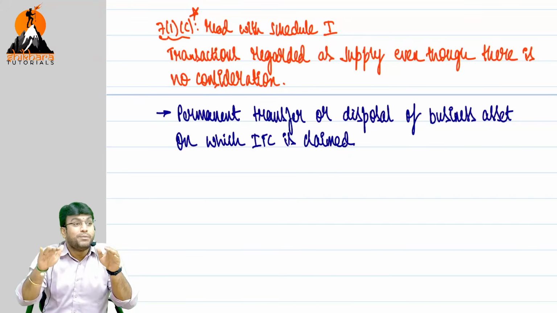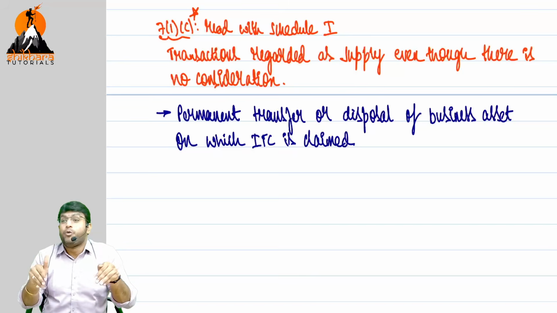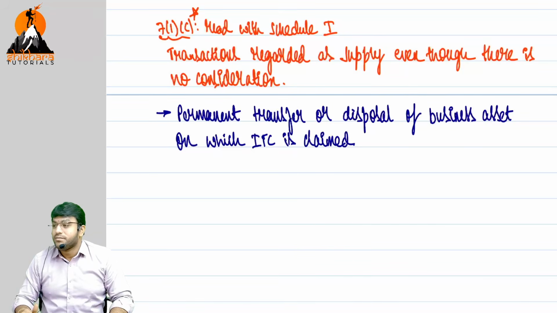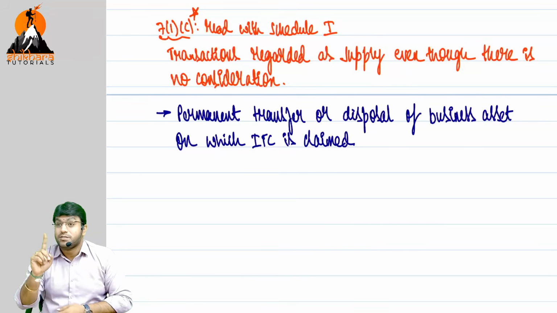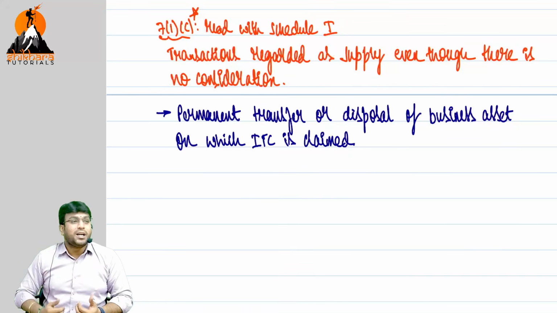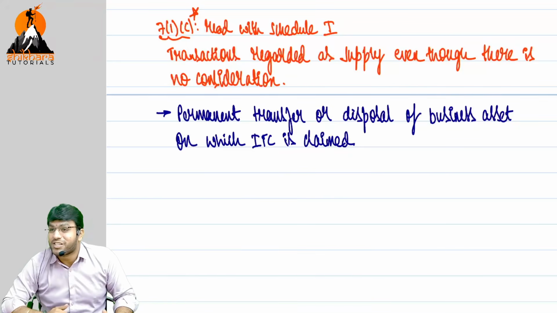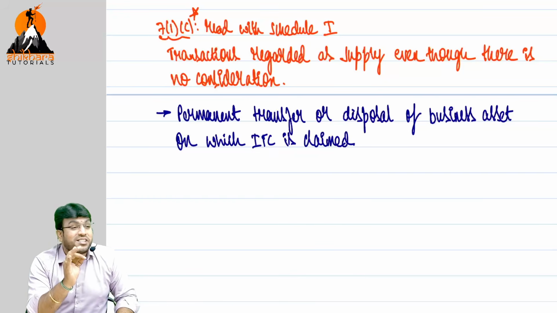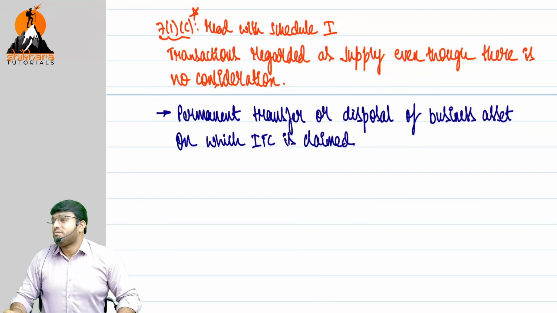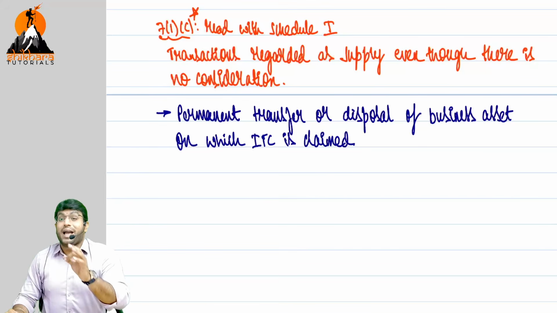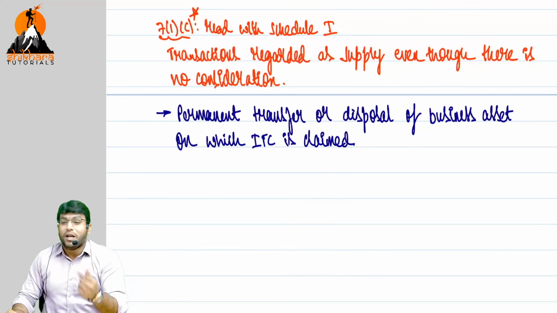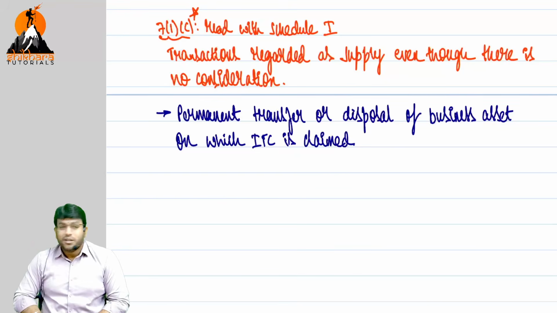Because 17(5) blocked credit has one point called food and beverages. Beverages means, not alcoholic liquor. Why not alcoholic liquor? Alcoholic liquor is kept outside GST. Article 366(12A): GST is a tax on supply of all goods or services or both, except alcoholic liquor for human consumption. Outside GST, no? GST will not apply.